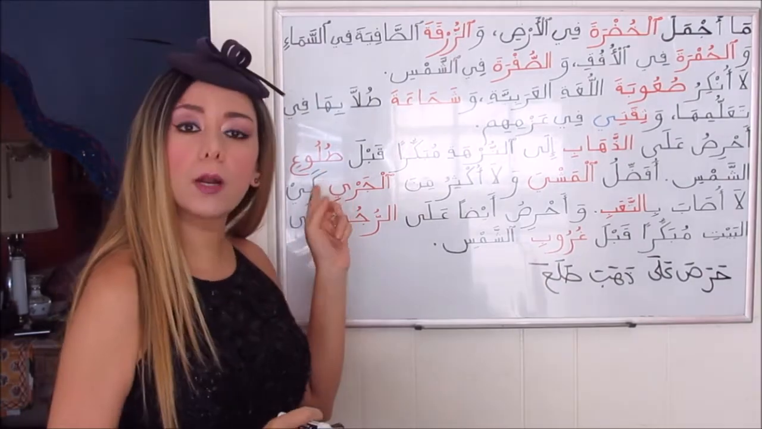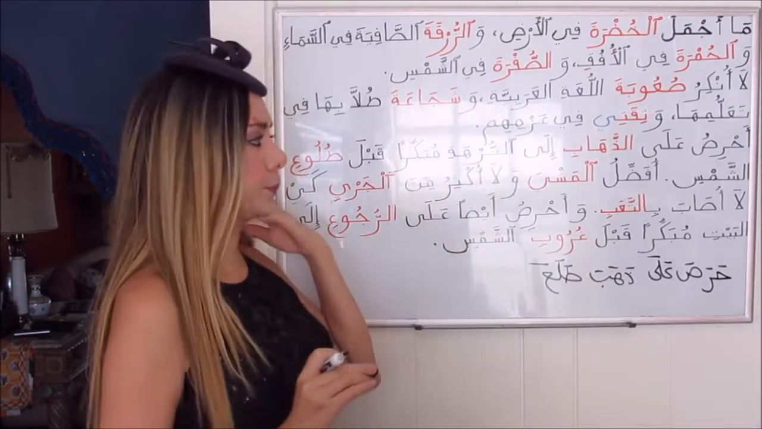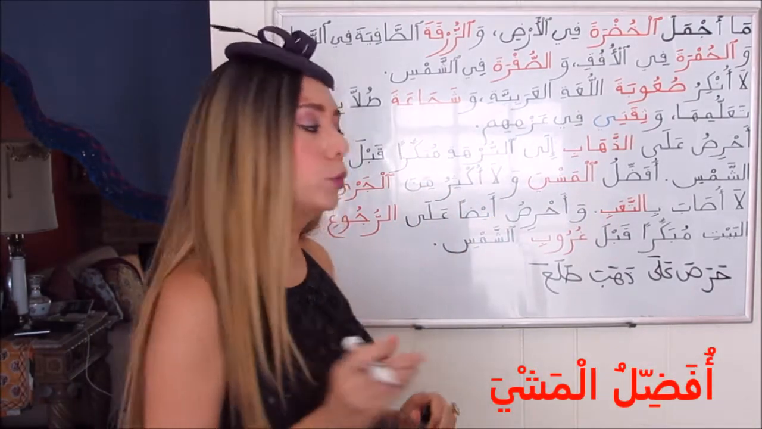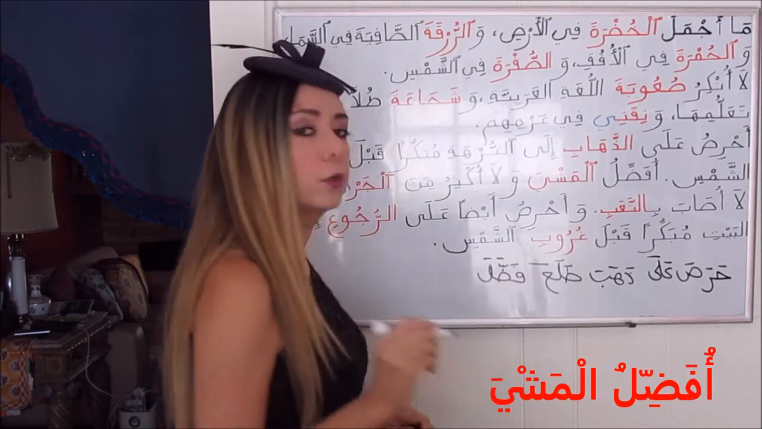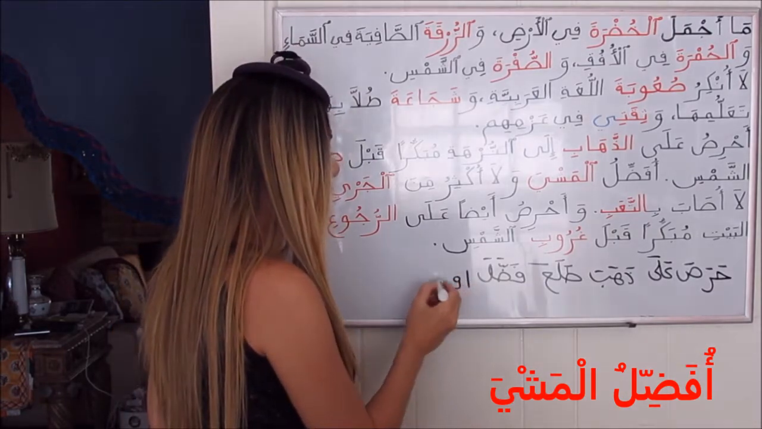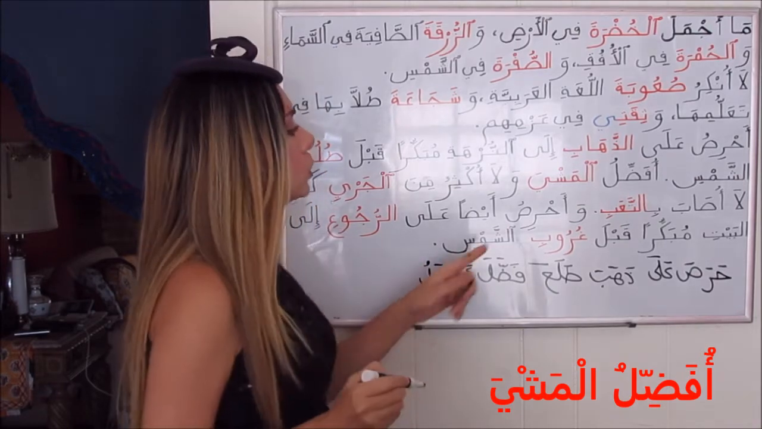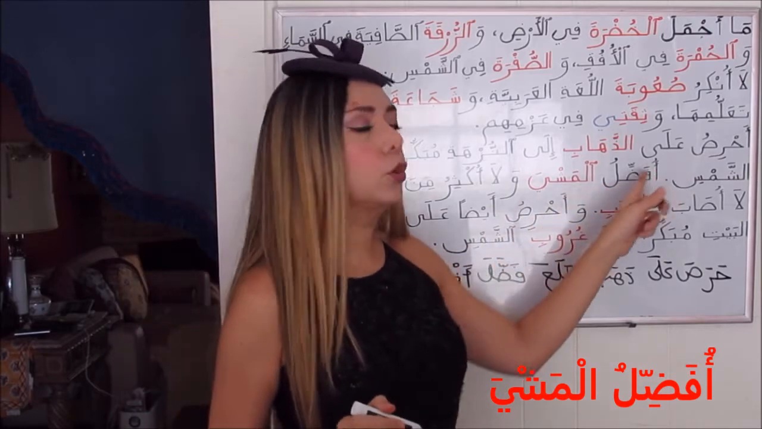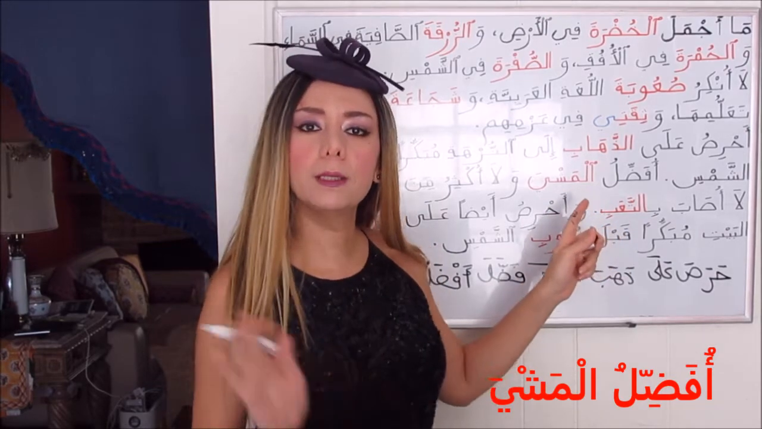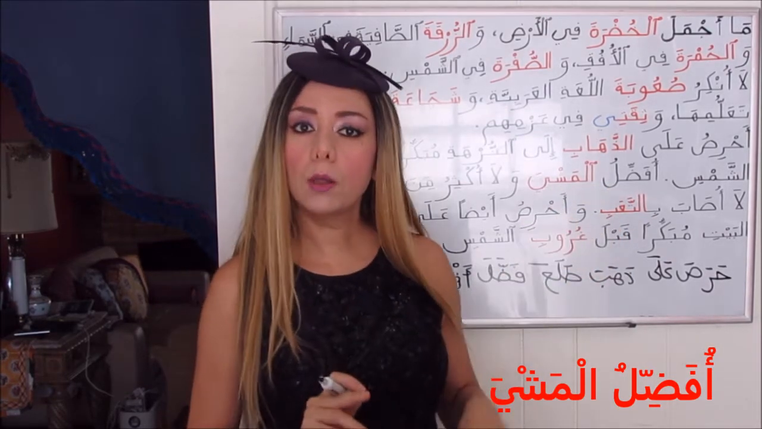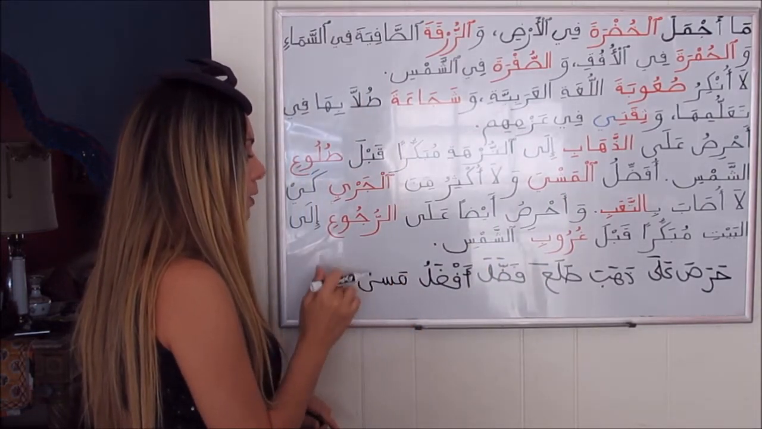طلع, طلوع, rhyming with فعول. So sunrise, طلوع الشمس. أفضل المشي from the verb فضل, to prefer. Remember the elative أفضل, better or best. So أفضل conjugated in the present tense, first person singular, me, masculine or feminine, doesn't matter. I prefer walking